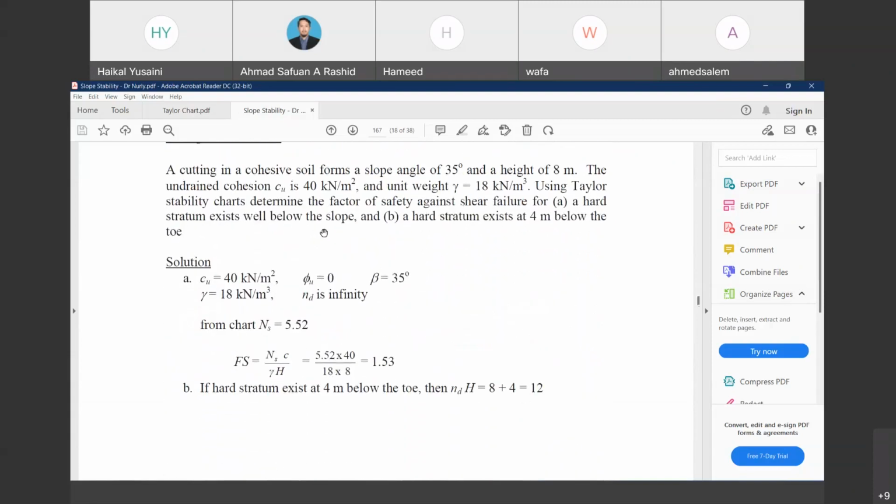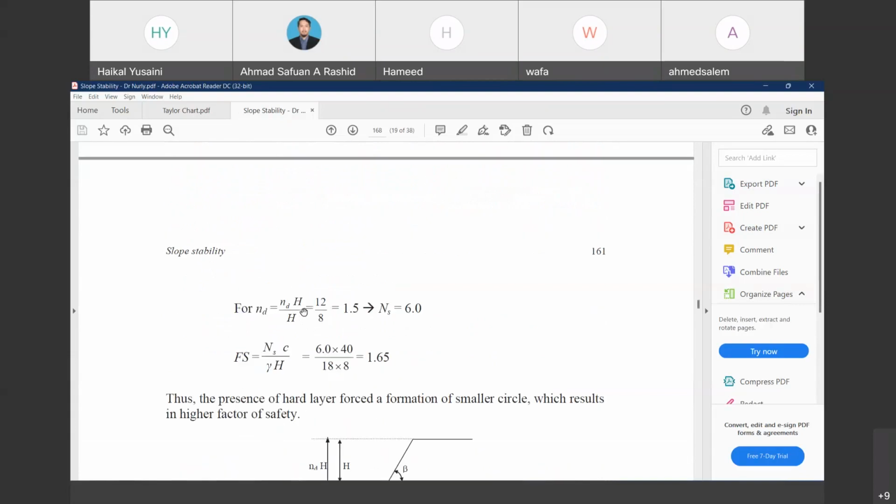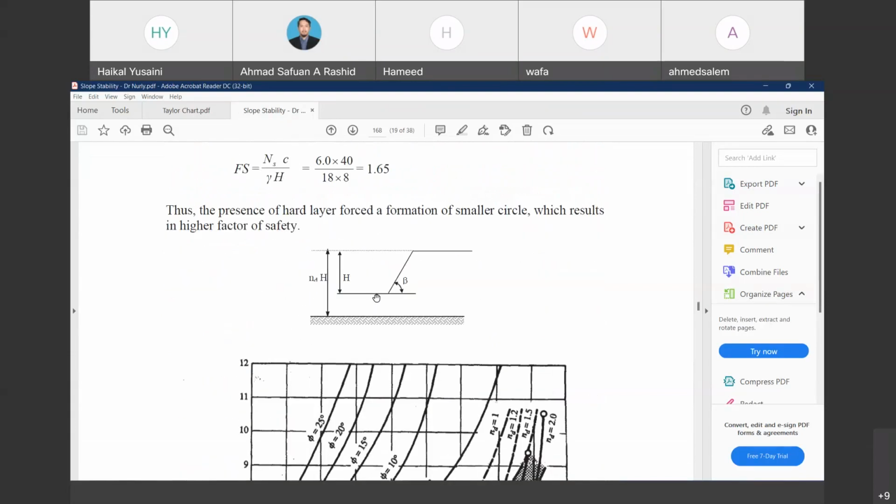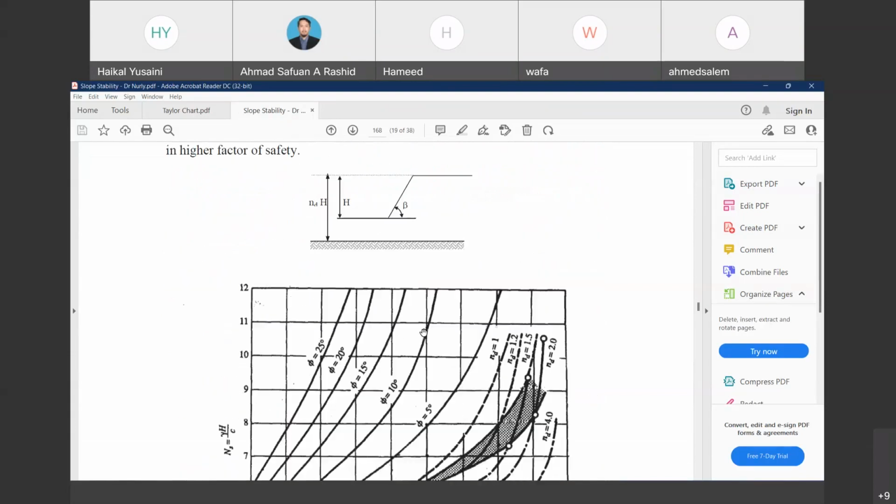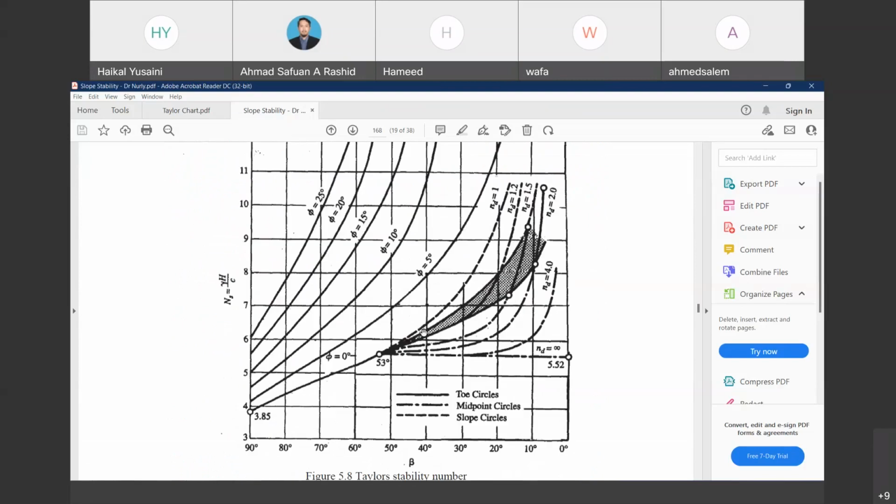Sorry, the ND is infinity because it doesn't mention the distance of the hard stratum from the slope. So in that case, they assume it is infinity. It's very far, the distance is very far. So when they assume ND is equal to infinity,